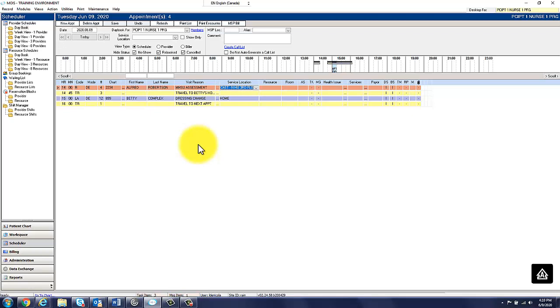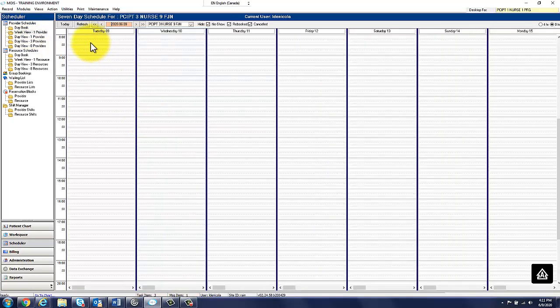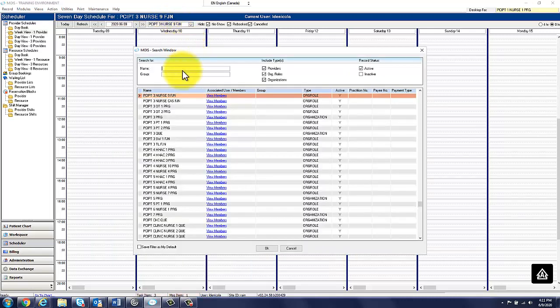Okay, so that is it for the main day book. The last thing I'll point out in the scheduler is you do have different views you can use if you wish. So you'll notice on the left-hand side of the screen, you have week view for one provider. So if you want to look at a week view of appointments, you can do that. Here's where you select the day book that you're looking at. So if I go back to Nurse 1 PRG,